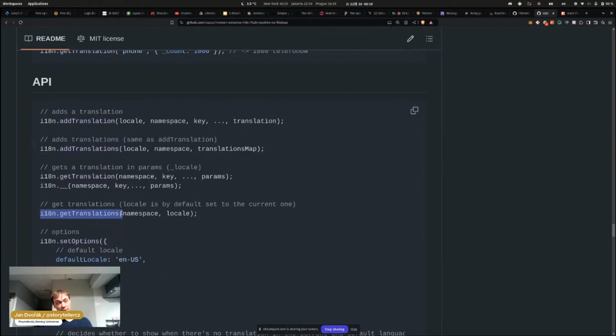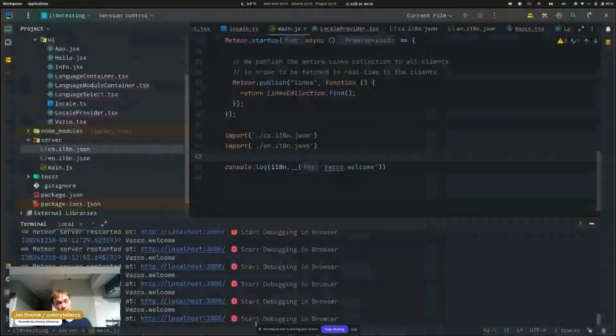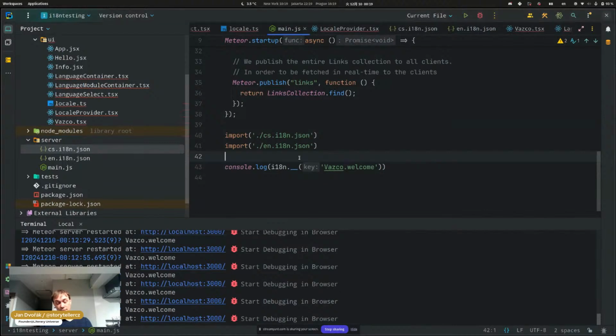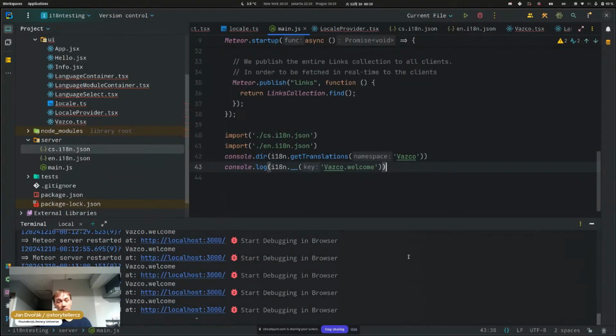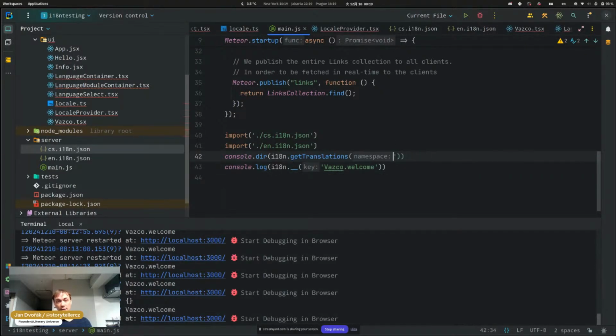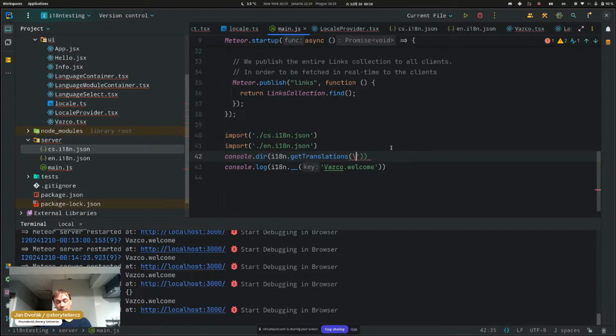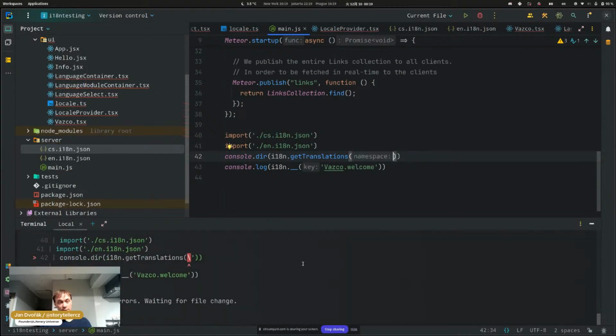Let's try this get translations. Namespace Vasco, let's double check. Yes, we've kept it like that. Let's see if we can get it at least on the server. See, yes, it doesn't have it. I think even if we do this,